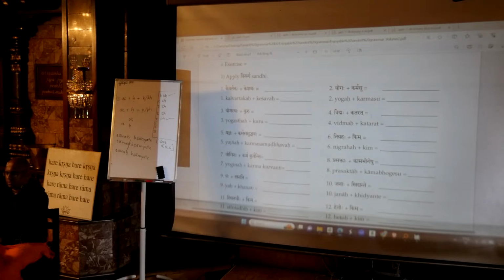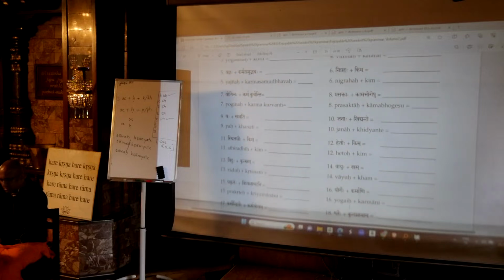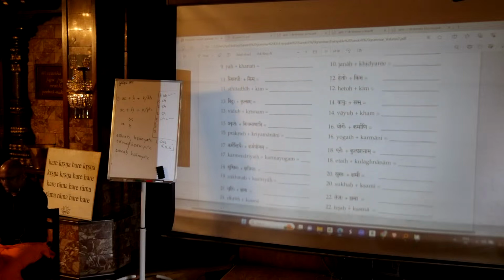as it is. Yogaha karma sukaushalam, yoga karma sukaushalam, nigraha kim or nigrah kim, yoginah kurma kurvanti, yah khanati, yah khanati, va yah khanati. Yeah, janaha khiddyante va janah khiddyante. Janah khiddyante, like that. So remember, kakara, khakara,